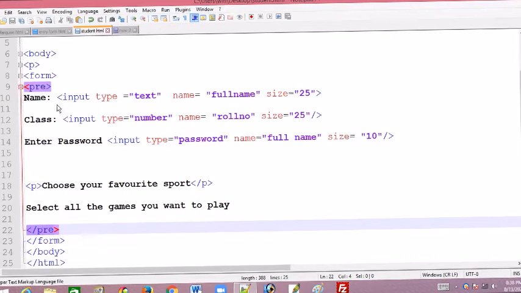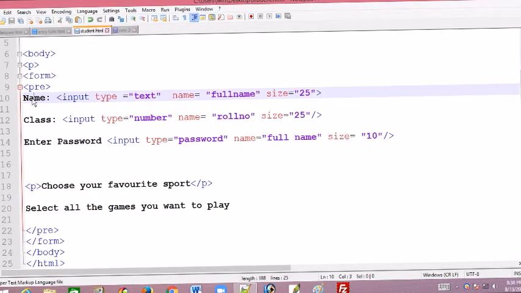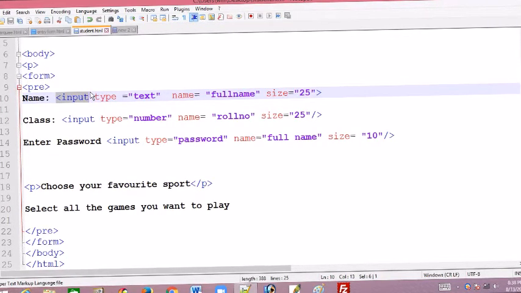First of all we have simple input tags. We are going to take the name, and the tag we use to collect text or to allow the user to enter data is the input tag.